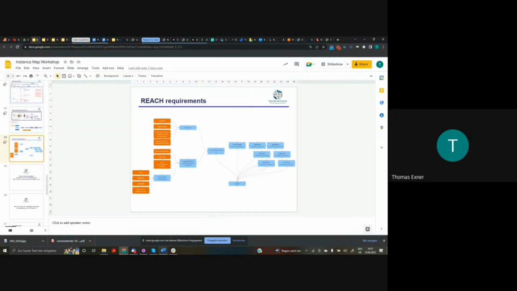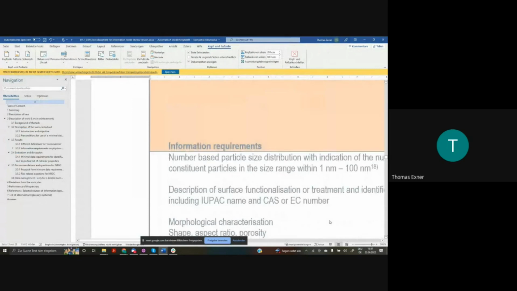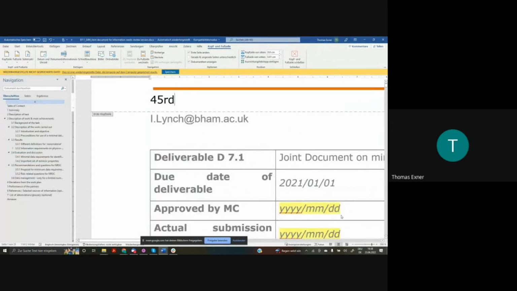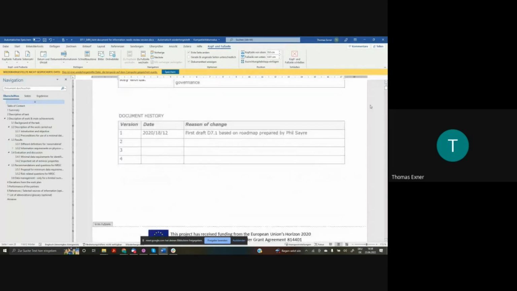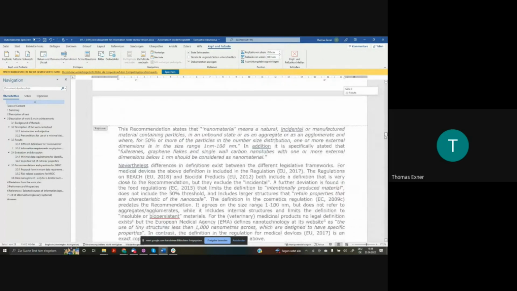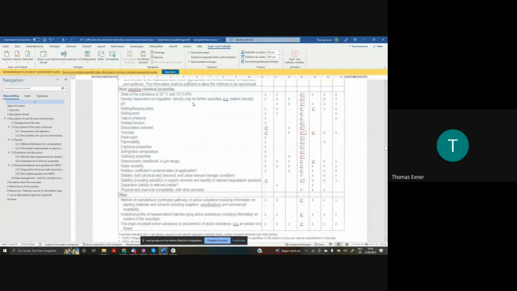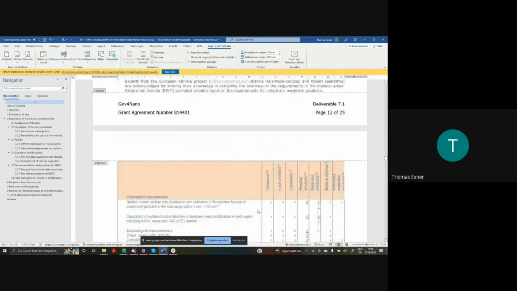just another picture I quickly show. This is not from my side, but it's very small. Just 1 second, just to get that more. Again, this is not from me, but I think it's very important. That was a little bit too big. To see what the different regulations actually have as requirements. Yeah, and you can nicely present that in this kind of table. But in principle, I think you can also, or even better, present that as an instance map, because then